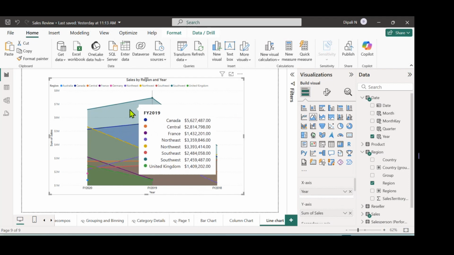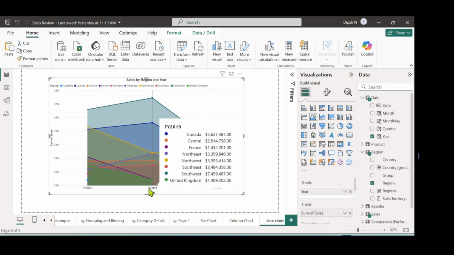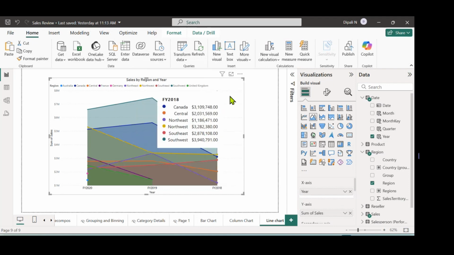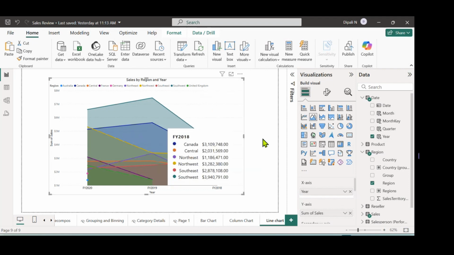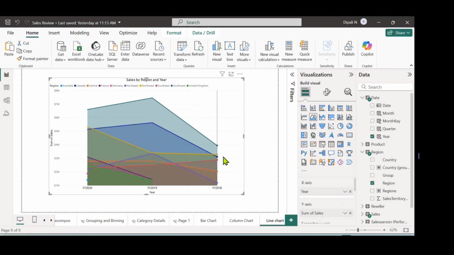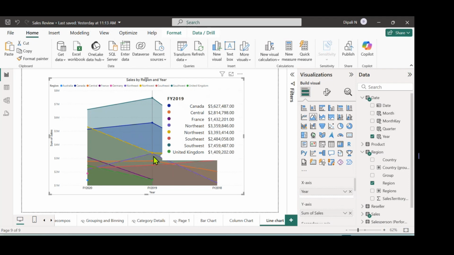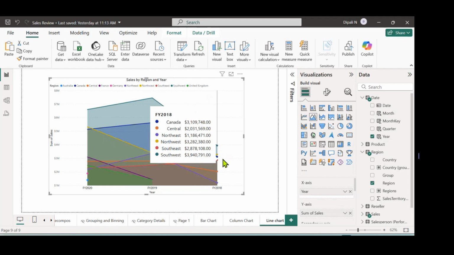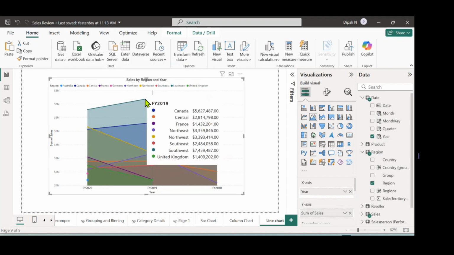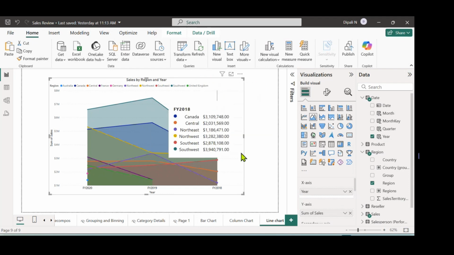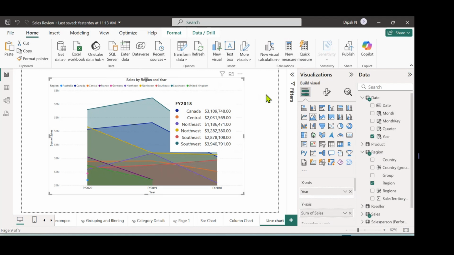So when I change the line chart to the area chart, you can see the overlapping is happening over here, right? All of these are overlapping with each other, and it does allow you to see the line as well, right? They are overlapping with each other, it has been filled up, and we can even see the lines over here. The only problem with this is that each color is not necessarily associated with a particular region,